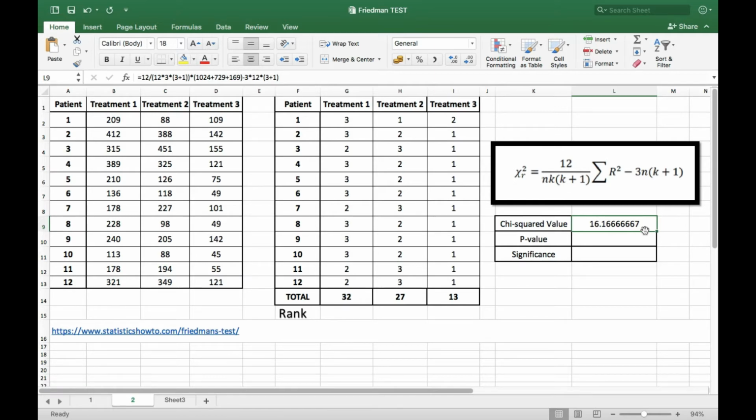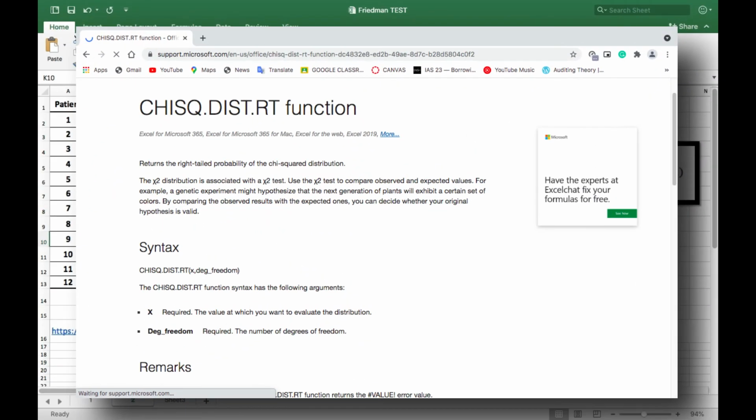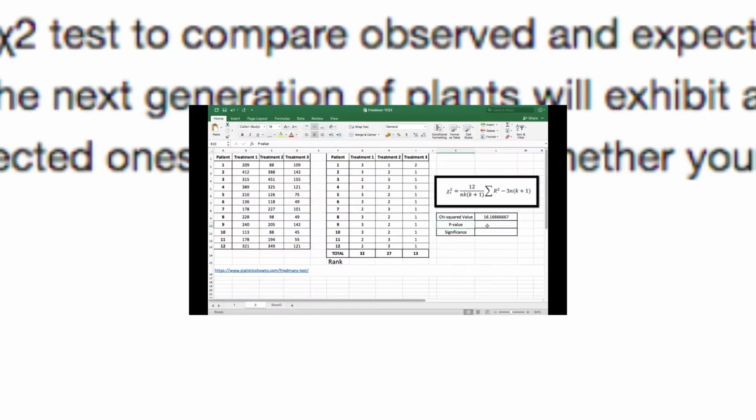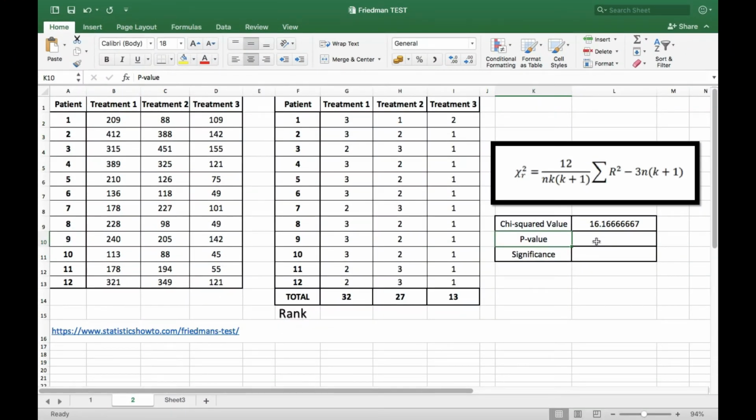We will now find the p-value. A chi-square test will give you a p-value. The p-value will tell you if your test results are significant or not. In order to perform a chi-square test and get the p-value, you need two pieces of information: degrees of freedom and the chi-squared value. To know the p-value, we will use the Excel function CHISQ.DIST.RT. Just type on the cell equals